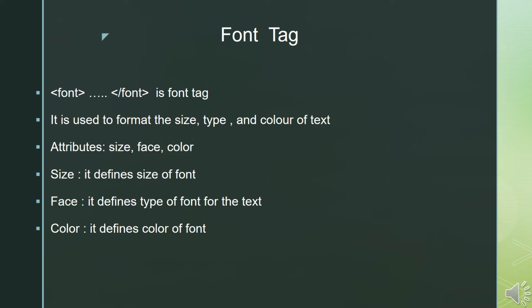The color attribute is specified with RGB color. RGB is red, green, blue. You can give a direct color name or you can give a color code, as we have learned in the previous PPTs also. So you can create an RGB code or specify the color name for that. The face attribute specifies the typeface that is used for text enclosed by the font element. As I told you, you can give any font which is installed on your computer, whether it is Times New Roman, Monotype Corsiva, Algerian, Arial Black, any font type you can specify.